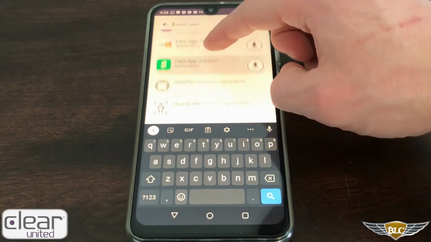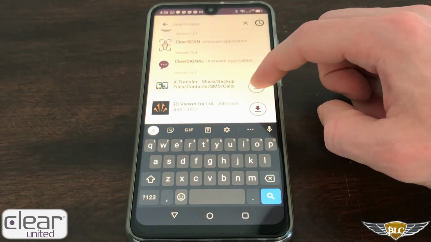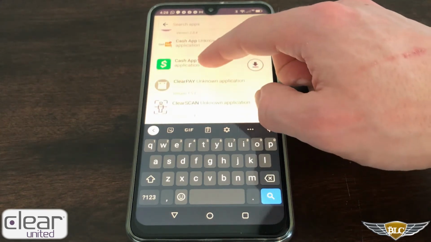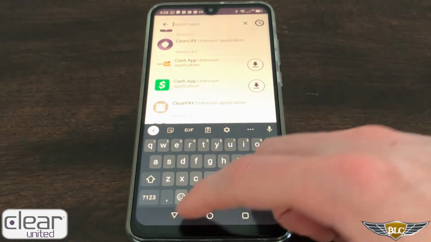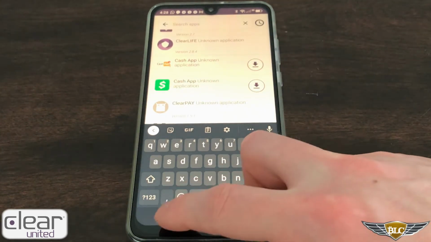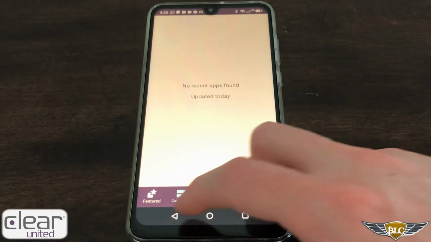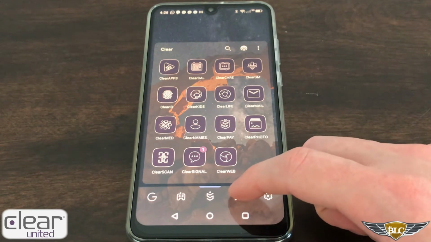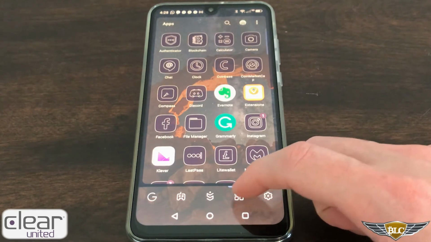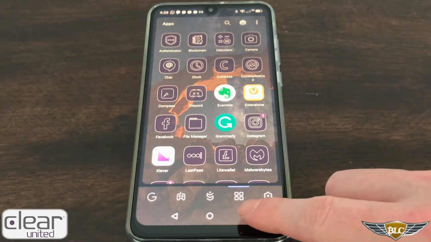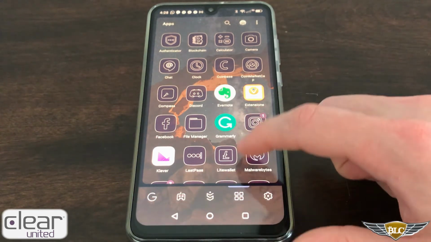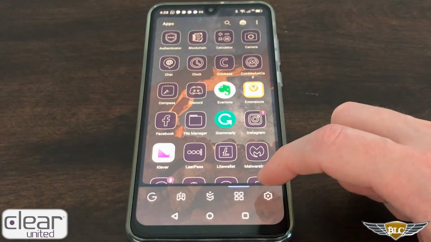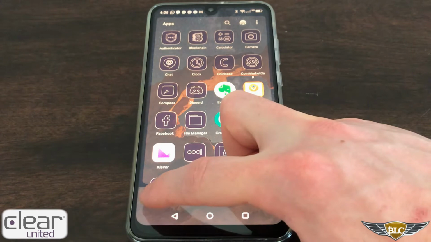To download any of these apps, you would just click the down arrow next to the app in order to initiate the installation, and then it will show up in your apps. So now I'm just going to click the down arrow to back out of this. Now apps that you download will end up showing up in this square icon, these 4 squares icon right here in this navigational menu. As you see, I have the complete list of all the apps that I've installed. But to get to the Google App Store, you click the G right here all the way on the left.